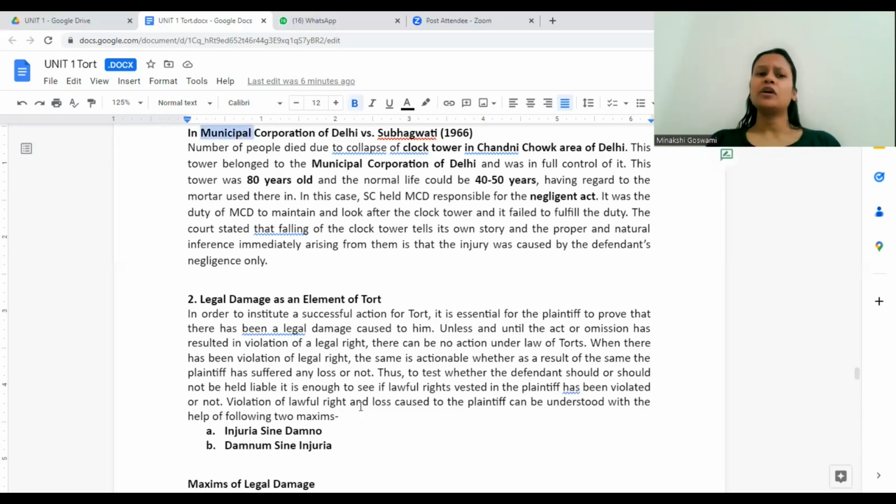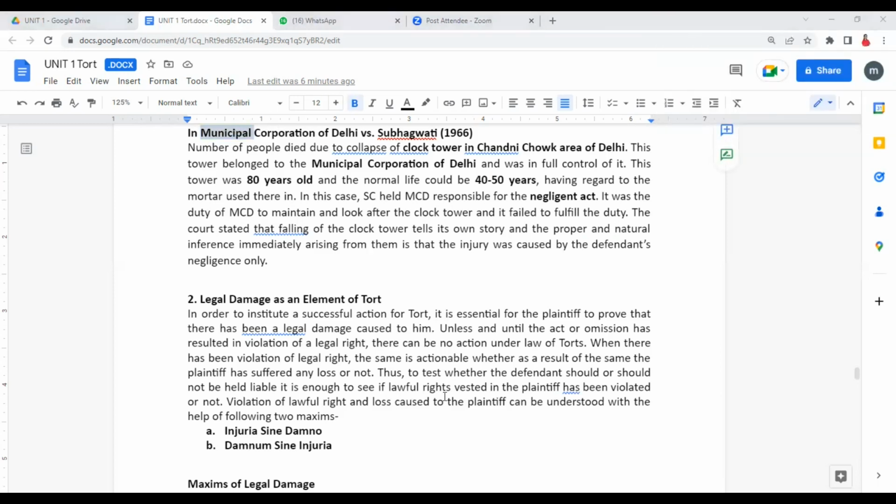Okay, and when we talk about responsibility of the municipality, there is one more case. It is Municipal Corporation of Delhi versus Sobhagyavati. Now, what happened in this case is there was a clock tower. This clock tower was set up by the MCD, Municipal Corporation of Delhi, in a very busy area, which is Chandni Chowk of Delhi. Now, when you set up a clock tower, you again have a responsibility to maintain it, to ensure safety of